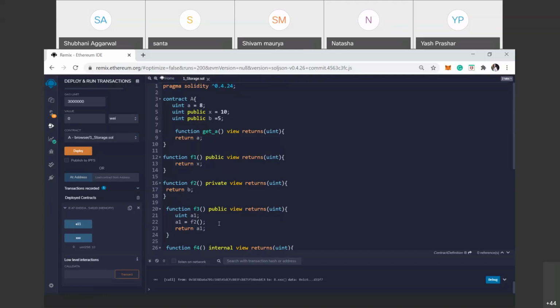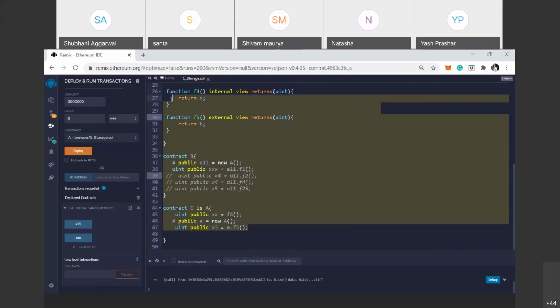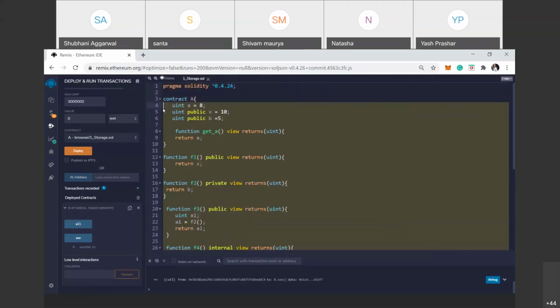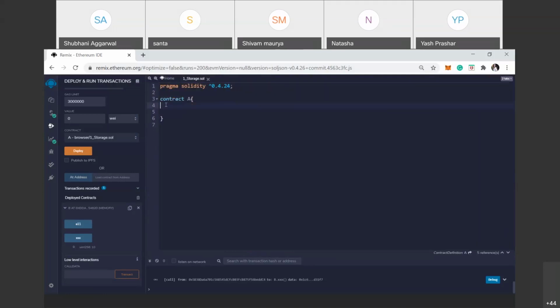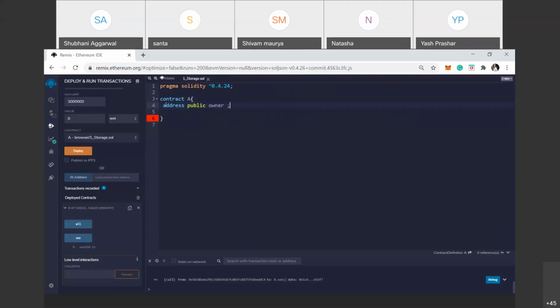Ma'am, can you explain mapping once again? Mapping. Okay. Suppose we have one state variable, owner, or we can say it is bids.